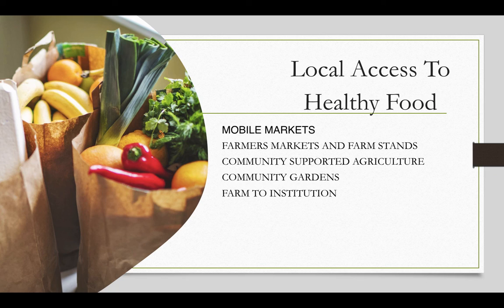Community-supported agriculture. This is a program that allows residents in a community to buy shares of produce at the beginning of the season in return for regularly supplied boxes of mixed produce from the local farm. Community gardens. Cities provide areas for communities to collaborate to grow fruits and vegetables. Cities need to create specific zoning and ordinances that allow for the creation of community gardens. Farm to Institution. It's a program to bring local produce to, for example, schools, hospitals, restaurants, and grocery stores.